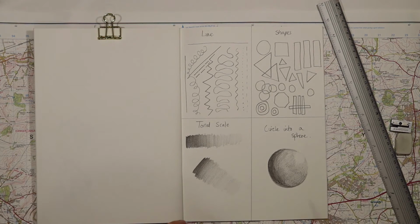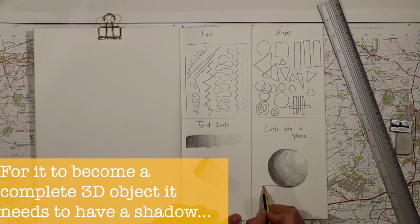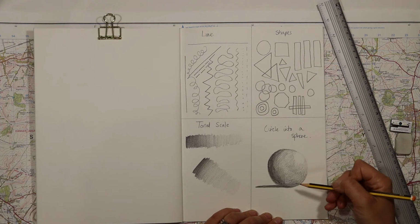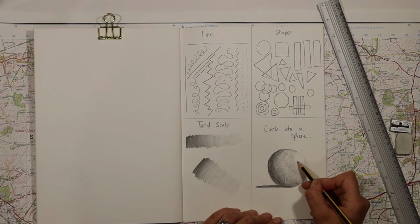Now, what makes this even more complete is the presence of a shadow. So, I'm just going to draw my line to start with. It's just a tiny oblong shape, just to make sure that that now to me tells me it has a surface. It is a solid shape. Remember, we talked about going from the shape to something that's more solid and 3D. And I'm just going to finish off